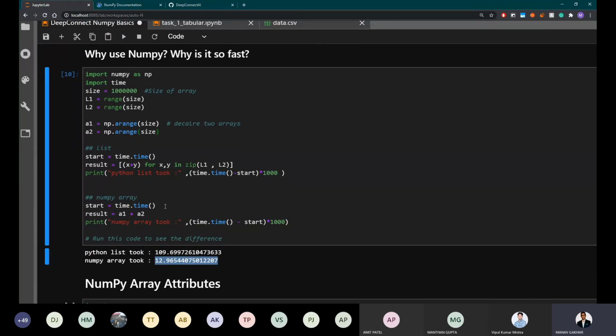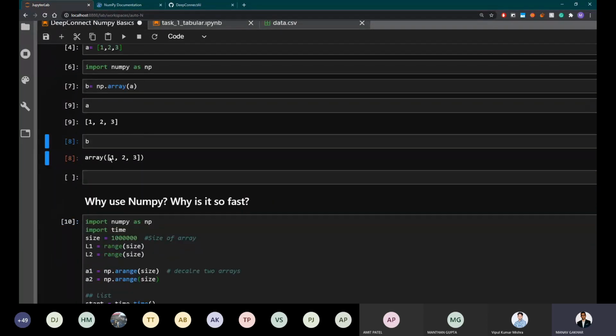NumPy is basically built on C, and as we all know, we have experienced it ourselves in the OS course, that C is pretty fast because it's pretty bare bones. So NumPy basically stores a homogeneous array. Like this array you see right here, the data type is specified. If this is an int, it will store only ints.